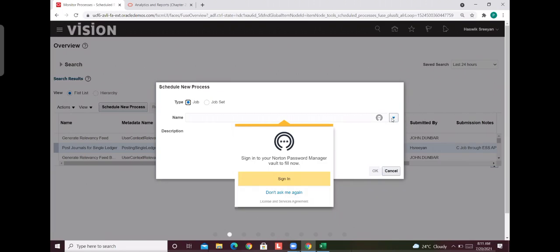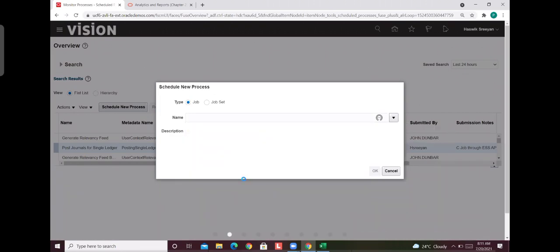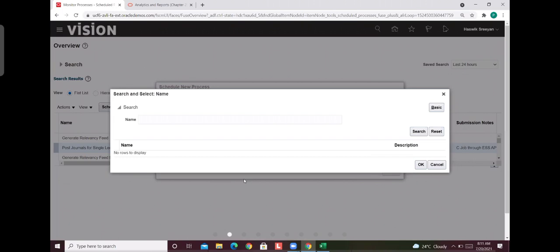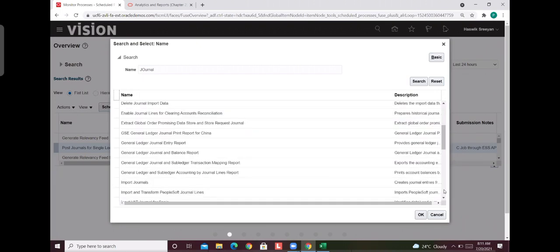Go to the search engine, name called Journals. You can just type it to see how many reports belong to journal. So here you can see the journals, right?